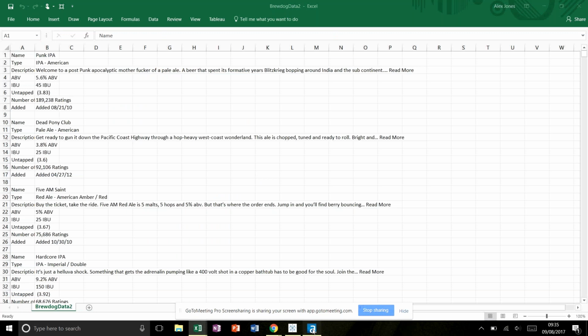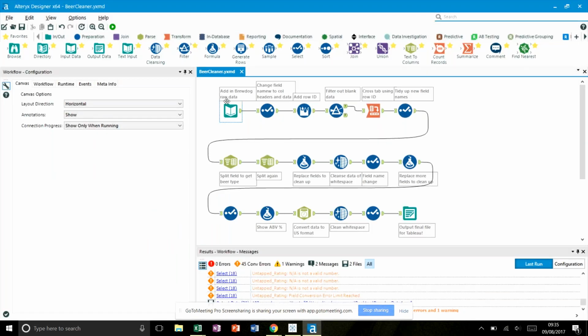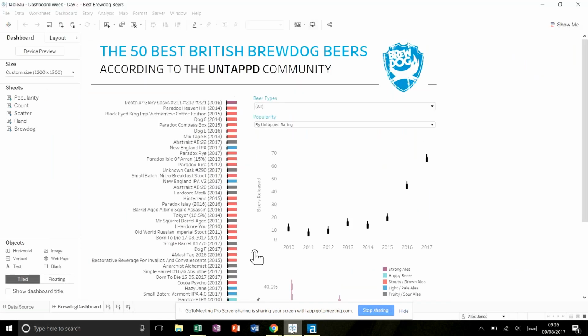Copy paste. Then I went into Alteryx, took that data, cleaned it up. There's nothing special here, just a bit of cross tab, a bit of a look around. You gave the data a back massage? Pretty much, yeah. Nice little polish. And then banged it into